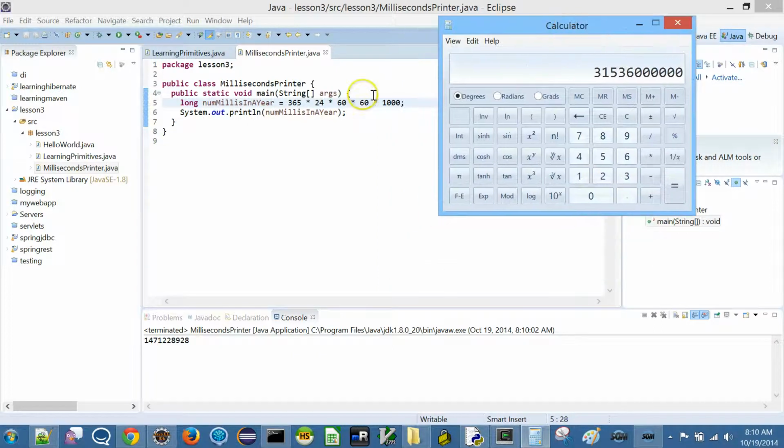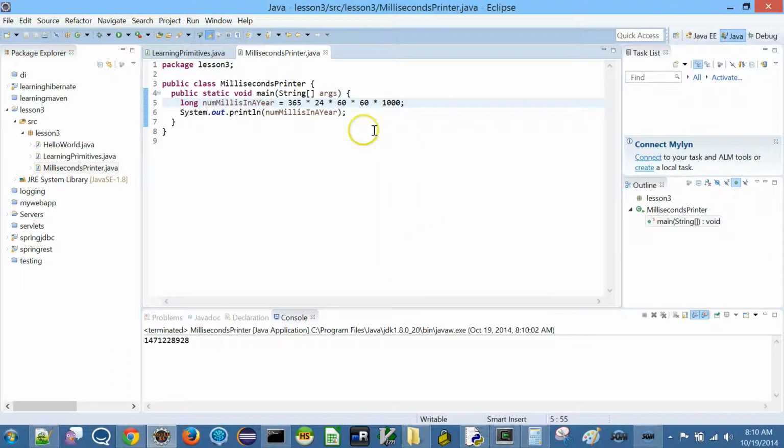What is the problem here? Well, like we discussed in the previous lecture, bare whole numbers are always int. Java does not know that we are going to finally put all this into a long. Whenever it does all these computations, it is still performing int computations, and when overflow happens, it is just going to run out of space, so it will start wrapping around like we discussed before.